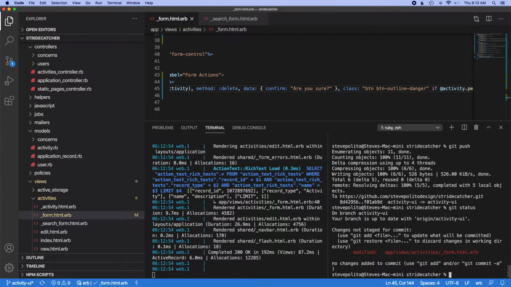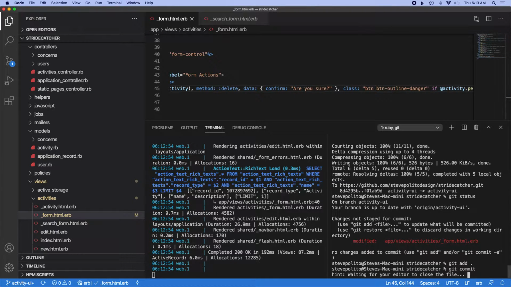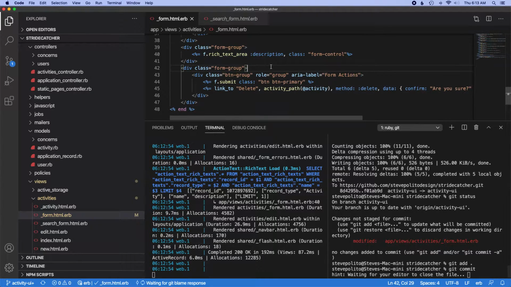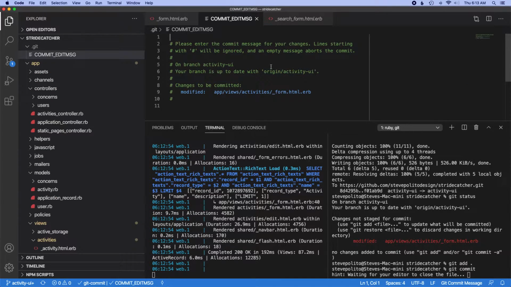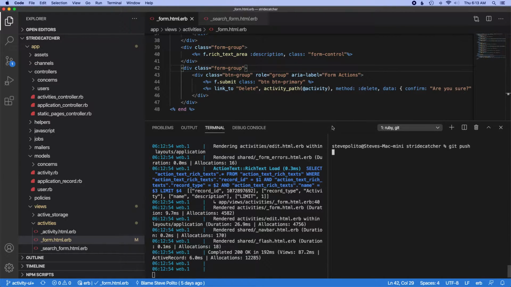Let's do git status, git add, git commit. We'll just say that we styled the form. So we'll just say style activity form, clear that out, push this up,